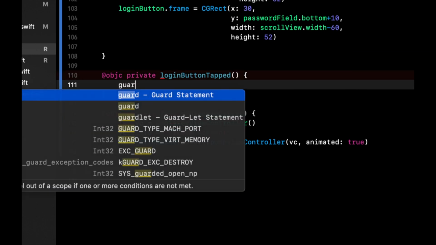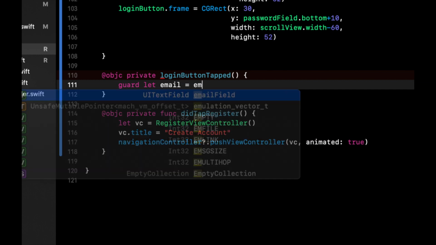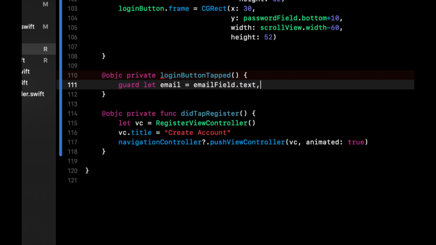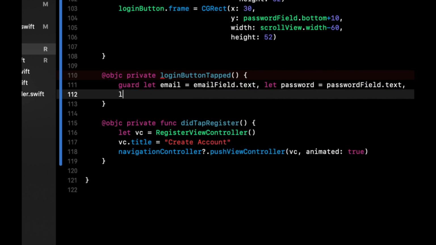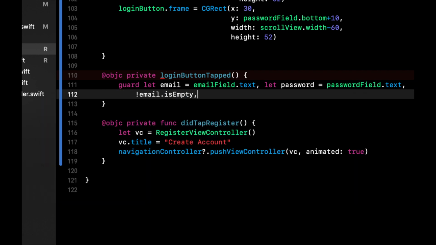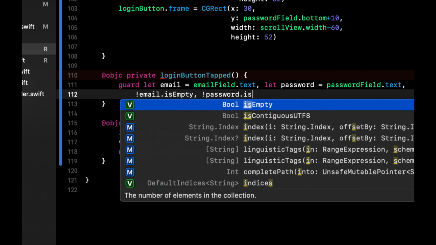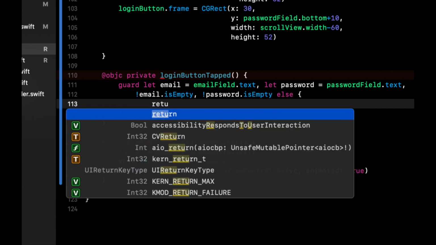And let's do some validation in here. So the first thing we want to check is if there is text in both of the fields and ensure the text is not empty. So we're going to say guard let email equals emailField.text. And we're going to say let password equals passwordField.text. And we're also going to validate that the email string is not empty and that the password string is not empty as well. If any of these cases are not correct, we're going to return out of this,